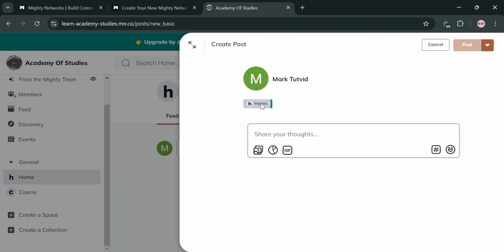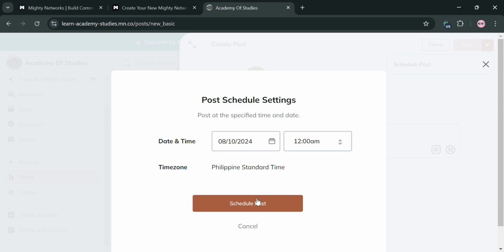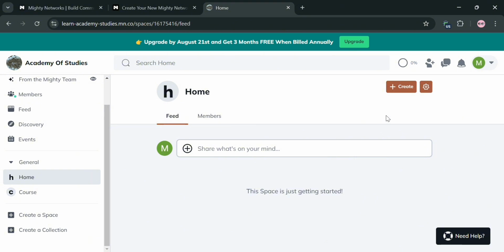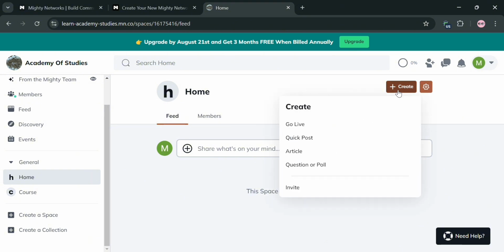You can also add here media files, create a GIF and hidden hashtag, and also insert an emoji in here. And after that, once again, you can simply post this directly or schedule this post depending on the time and also the date that you prefer in here. We have here the time zone and date and time to schedule this post. Now going back in here, aside from that, we could also start clicking this create button and start creating an